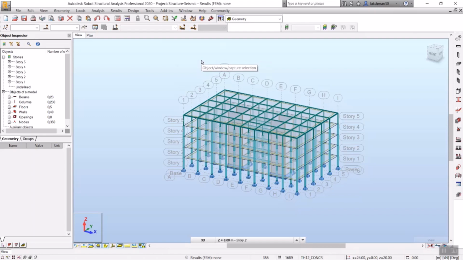Now the next part is to do the analysis. We want to assign the loads, right? So dead loads and live loads and wind loads and seismic loads, we have to assign it. So I didn't apply any loads here. The beauty of Robot is, just by running it once, dead load will be assigned to all the members which we have drawn here in the model space. For all the members, the self weight will be calculated automatically. We don't have to calculate and apply the loads here. So this is one of the beautiful features of Robot, where you don't have to apply the dead load, that is the self weight of the member. It will itself calculate the self weight of the member and the load will be created.